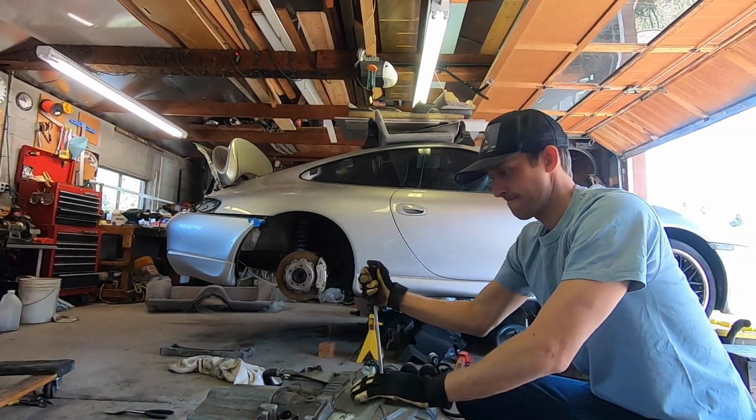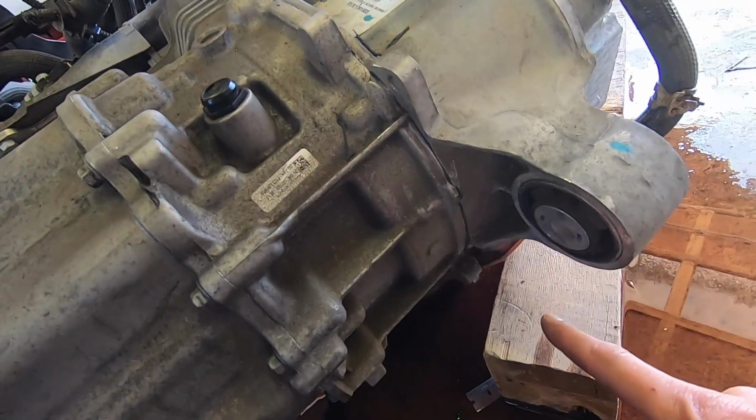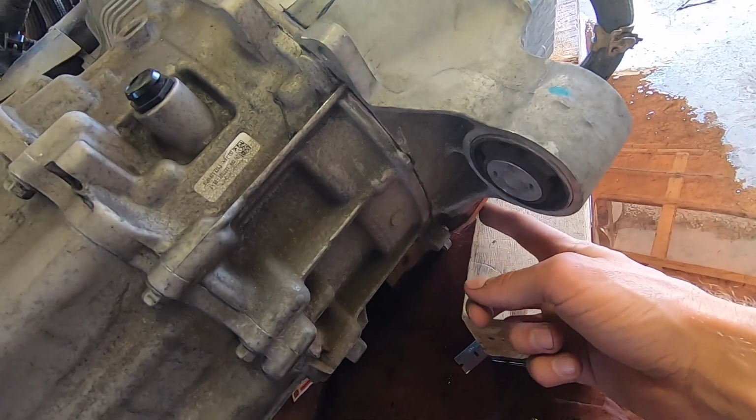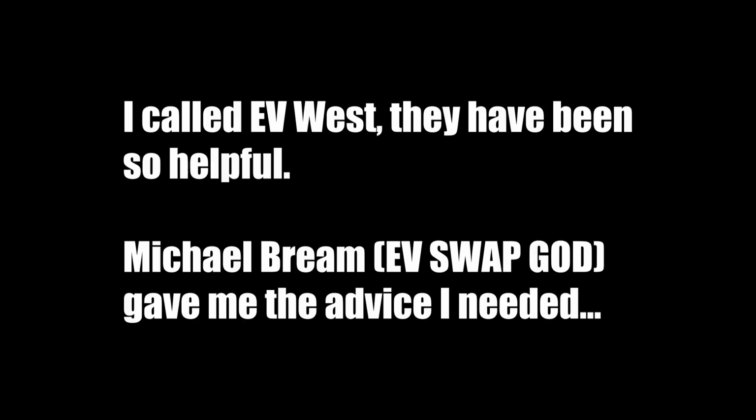Getting this apart so far has not been easy. It's bleeding. All right, well, today's been frustrating. I've been trying to split this thing for like 2 hours and it won't come apart. For some reason down here, next to this orange cover, it's not coming apart. It just seems totally stuck. I know there's bearings that...